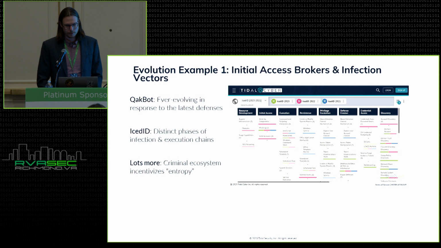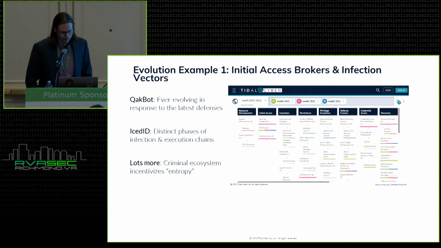What we saw here, and you can see this pretty clearly, is a nice MITRE ATT&CK matrix view where you're seeing different colors. I know this is also pretty small, but you're seeing the different phases of Heist ID techniques specifically over different periods of time. And what you'll definitely notice is that certain of these TTPs or behaviors are being used across those different time spans, which is not uncommon for even certain evolving threats. But then we look at certain other techniques, so maybe some of the second stage techniques. Once the initial infection has successfully landed, what techniques are the adversaries using to move around within the network or to discover some of those files that they might want to exfiltrate? Some of those changed in association with Heist ID,